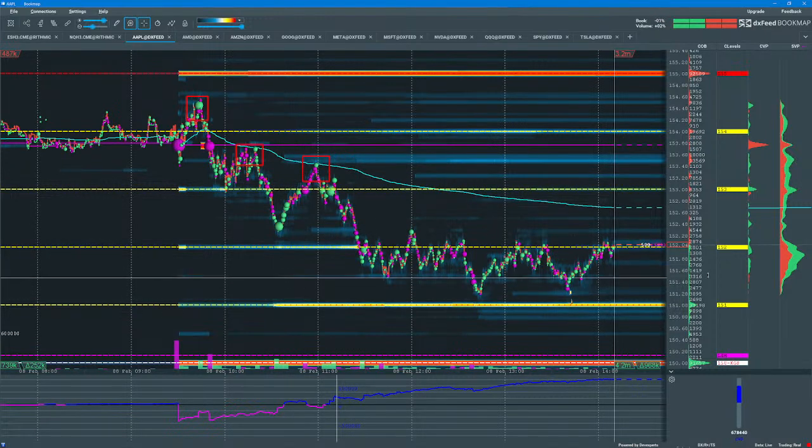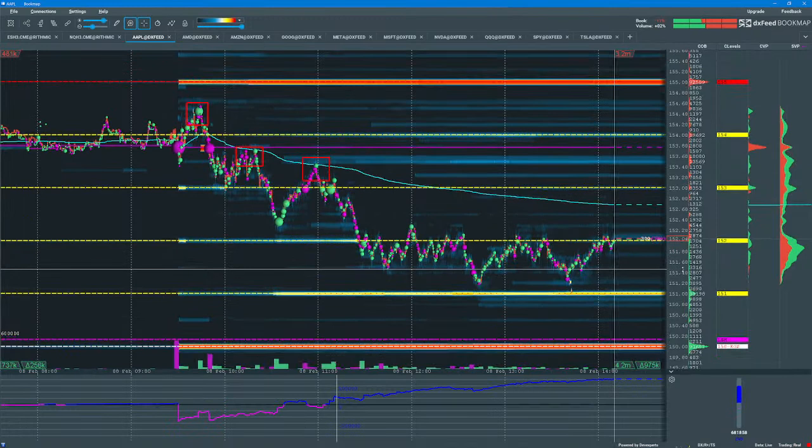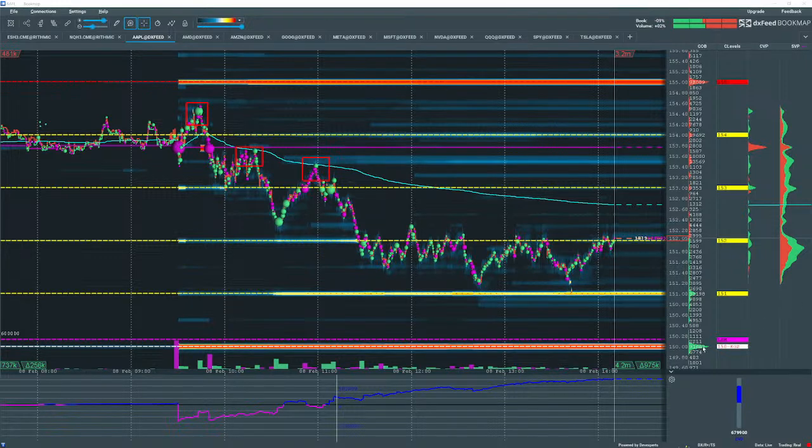Just short on the pullbacks, like I have shown here. And the primary target was the 150 key gamma strike and all the liquidity at that level. That's shown on the heat map and in Bookmap, all the resting limit buy orders at that level. And that liquidity often acts as a target. It tracks price.